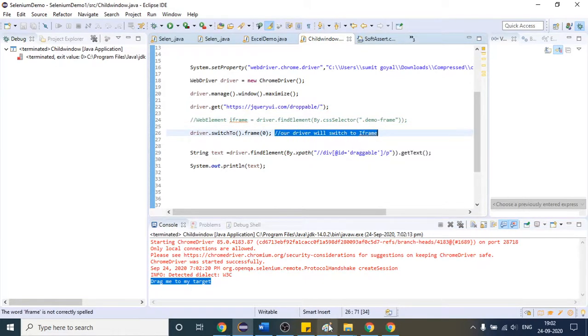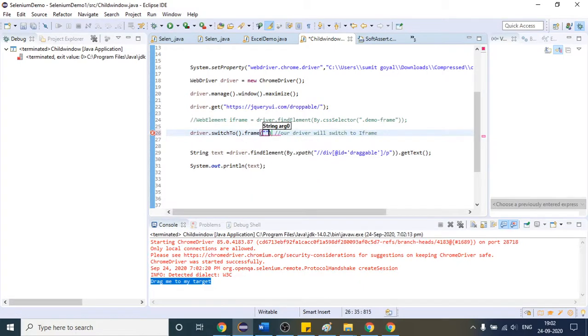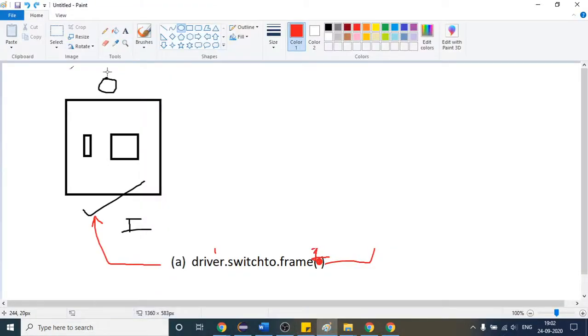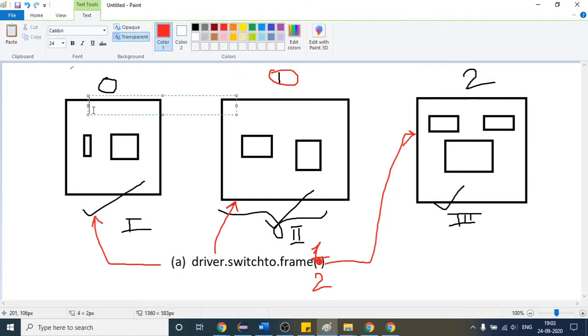One more thing, we have to deal with that method as well, which is driver.switchTo().frame. If you use this one, what it is expecting is the id. Suppose I open the page again, and suppose there are three iframes. So the id of the first one is,